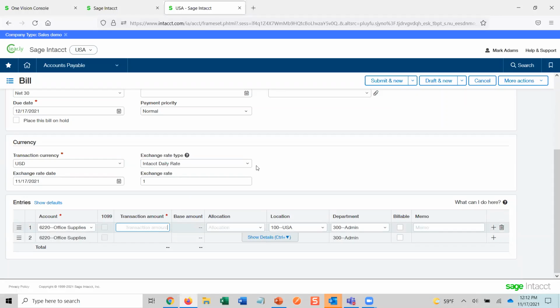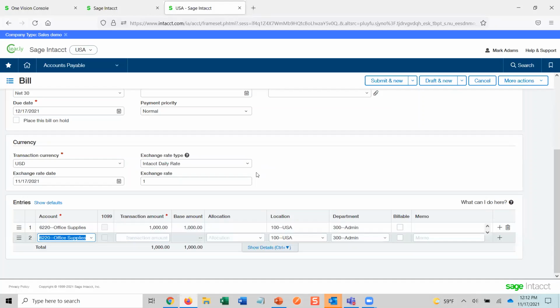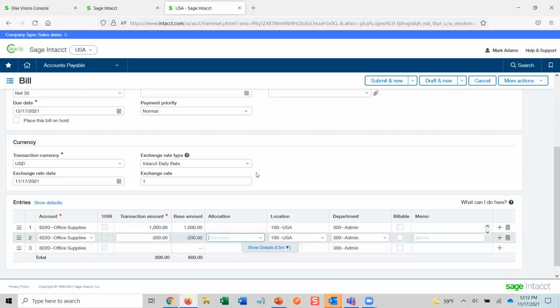So let's say we bought office supplies from Staples. This is our first time with Staples. So we bought $1,000 worth of office supplies. We're not going to worry about anything being billable. But let's also say that since we're a new customer, they're going to give us a $200 discount. So we would put in minus 200. So you'll notice that the total amount of the bill is $800. The $1,000 line item minus the $200 that we're going to use as our credit. If we submit it,